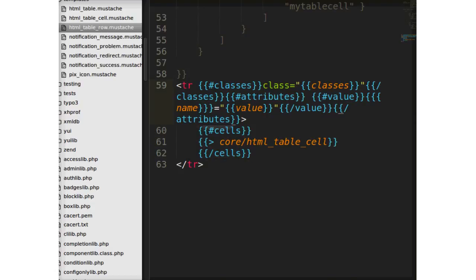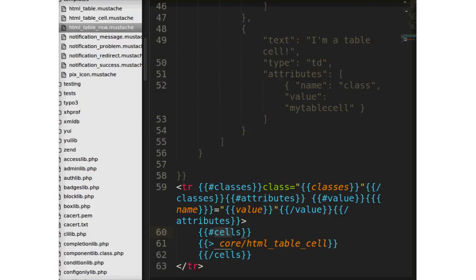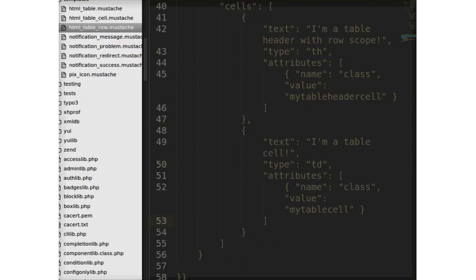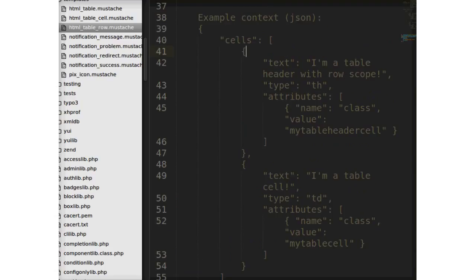What this means is it's going to expect an array called cells as part of the data context, and for every element in that array, it's going to include the table cell template and bind that each object to the data context for that template. So you can pass it this kind of example context here. I don't know if you can see. Yeah, so the context is basically just an array called cells, where each one is